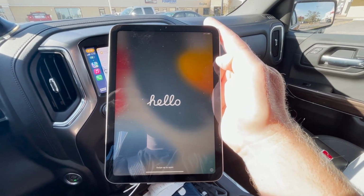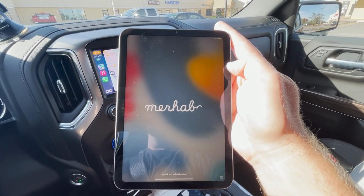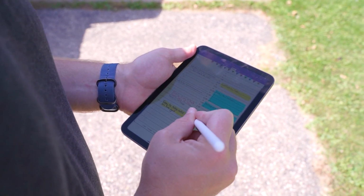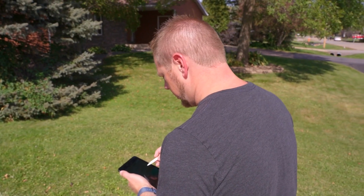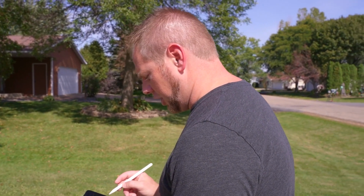Okay, so let's talk about the iPad mini. The 6th edition was released today. Now, I've had an iPad for a long period of time, and throughout the years, the iPad mini was always one that really intrigued me because it was something I could easily take with me. And seeing that the iPhone doesn't have any type of ability for you to write on the screen, I am someone that is a daily planner. I like digital note taking. I like being able to use a pencil-like, paper-like device to jot down my thoughts, my ideas, and brainstorm what's in front of me. But being an Apple user, I wanted to use something other than a full-size iPad to